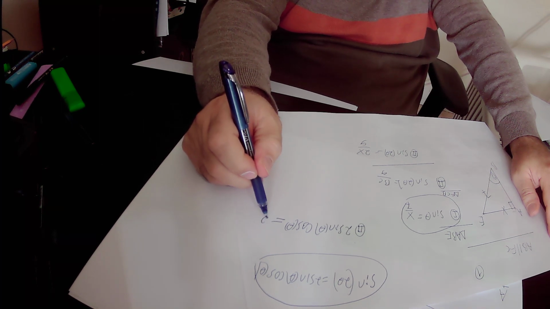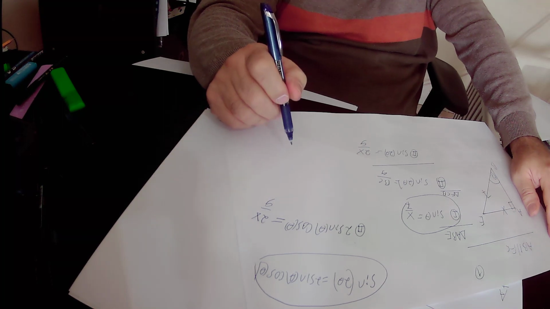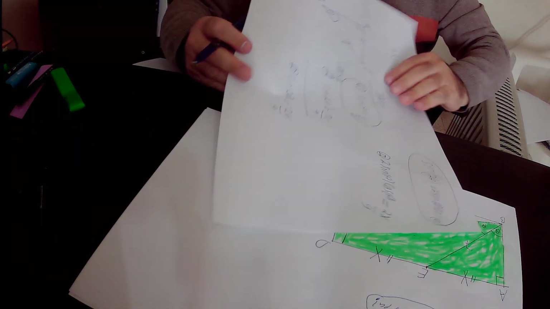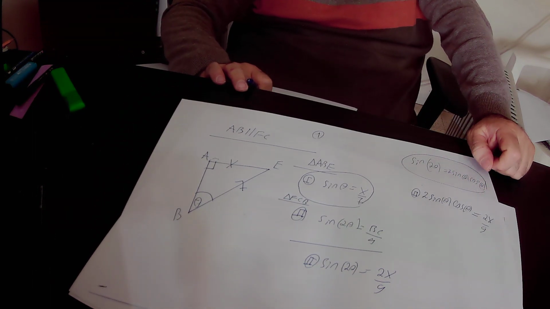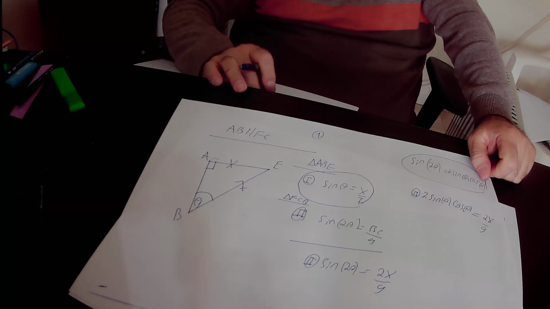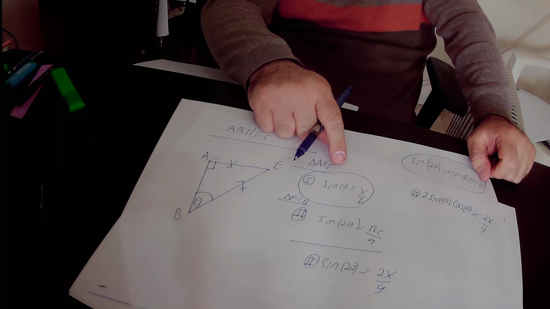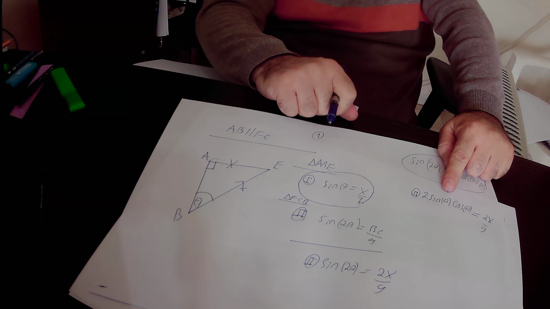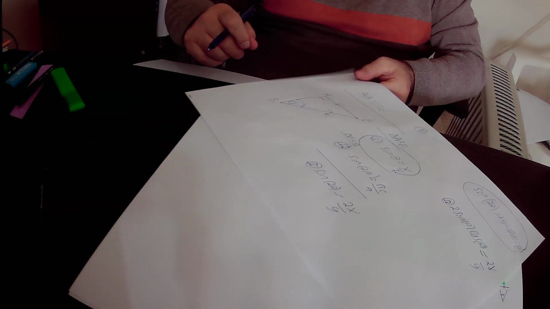And it equals 2x over 9, according to equation number 2. Okay? So, according to equation number 2, 2 sine theta cosine theta equals 2x over 9. But we have already found out that according to equation number 1, sine theta equals x over 7. So we can substitute sine theta in equation number 2 by x over 7. We will do it now, and we will get that